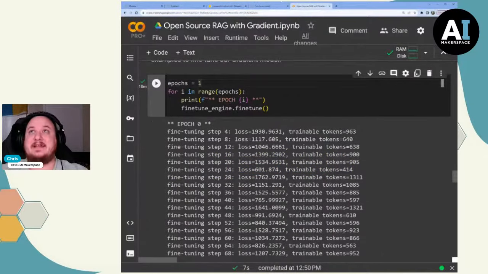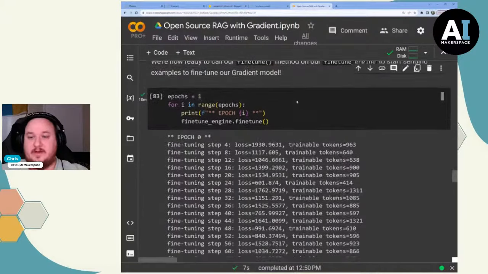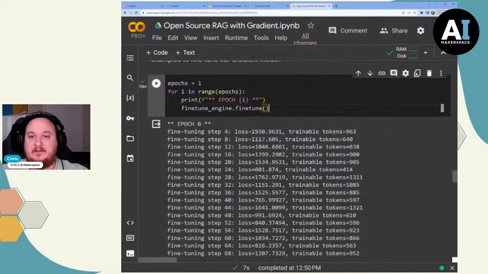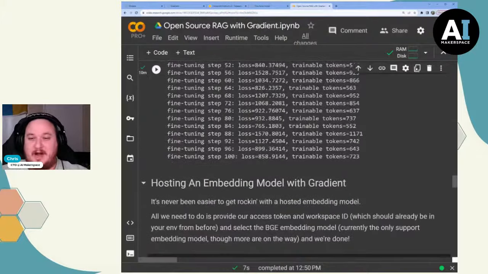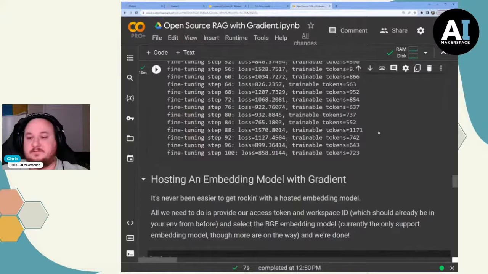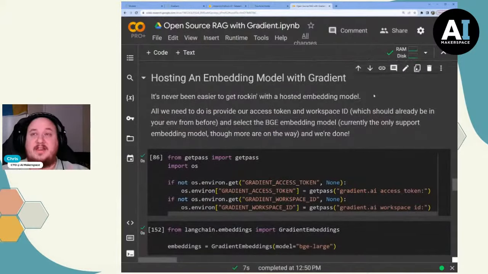And that is it. That is how easy it is to fine-tune with gradient. This is the whole process. So it's not a lot. It's very good. And at the end of this, we have an addressable model that we can use to power our RAG application. And if you thought that was straightforward, well, to access the base embedding model with gradient is